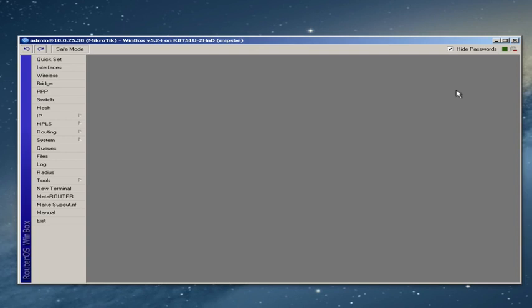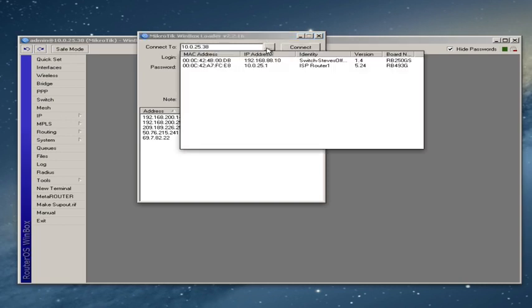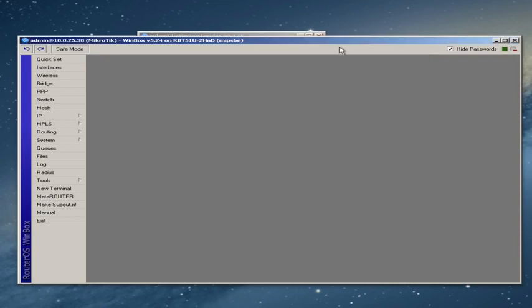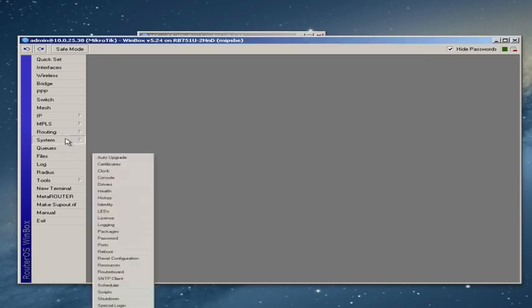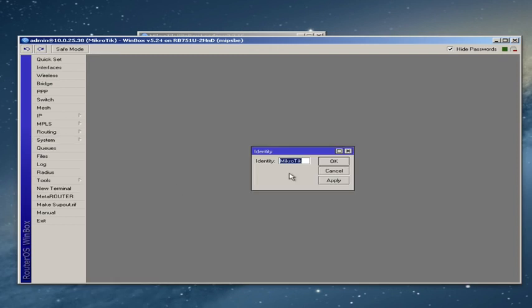Okay, so now we have our IP address set, we have DNS set up. The next thing I like to do is to set up the system identity so that when we use the Winbox utility, we'll be able to see our router on the local area network. When you do a scan with Winbox, router identity is one of the options, and currently ours says MikroTik, which is the default. So I'll click System, Identity, and I'll set the identity of the router to MikroTik